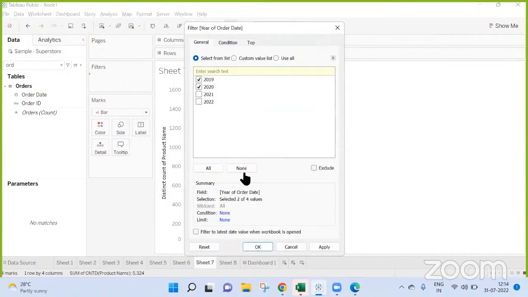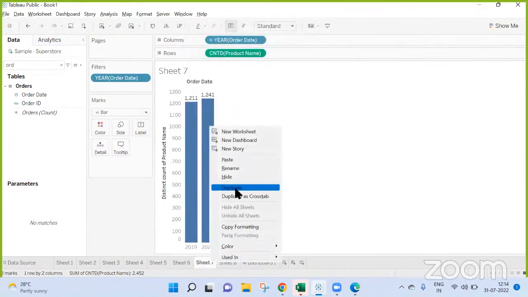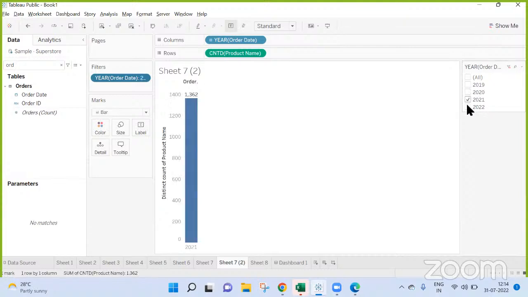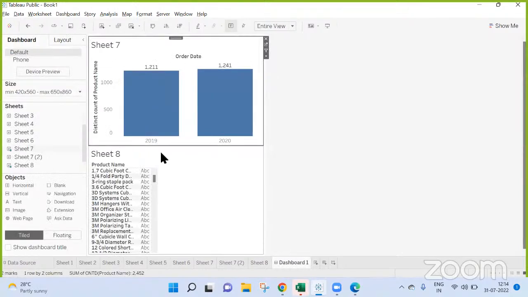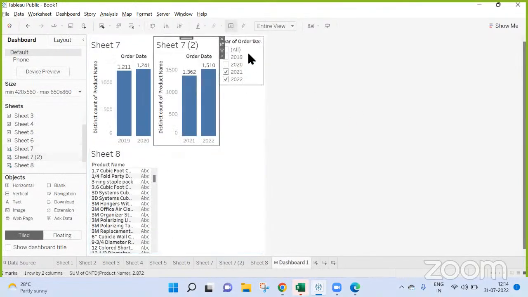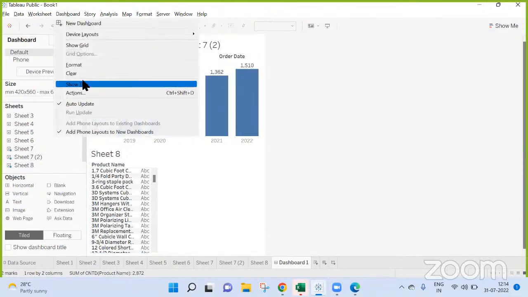2 years, and I'm duplicating this, and in here I'm selecting 21 and 20. Even then, I'm bringing sheet 7 here as well. Dashboard actions.